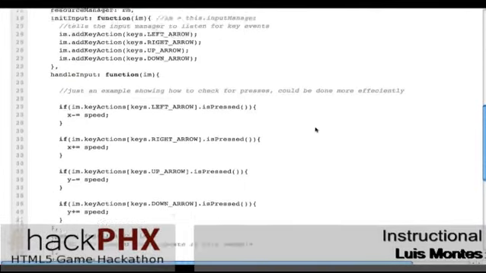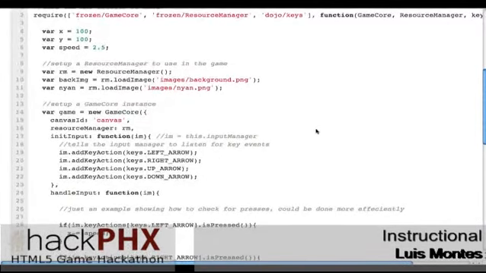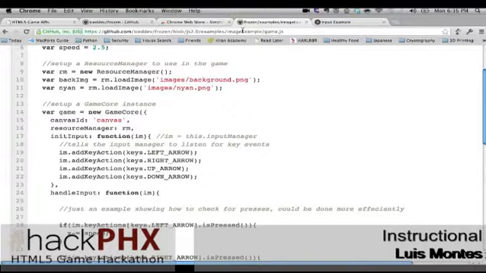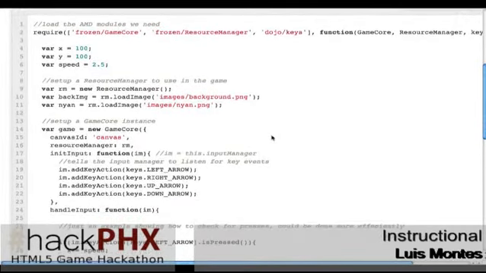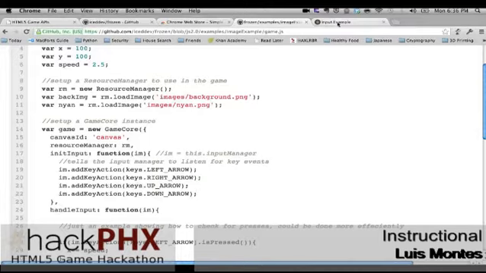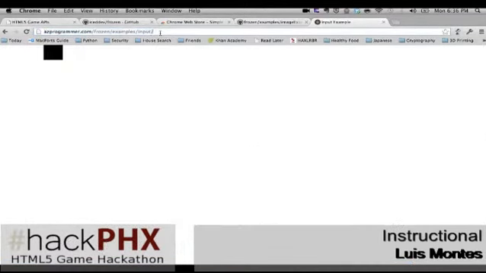Otherwise, if you try to just load images and start writing them to the canvas, you're not going to get anything until the image is completely done. It isn't like trickle down on a slow connection. It's like that image isn't ready. You try to draw it to canvas, you get nothing. So we needed a resource manager. That's what we did here. In my draw, I drew the images that I had loaded with the resource manager.